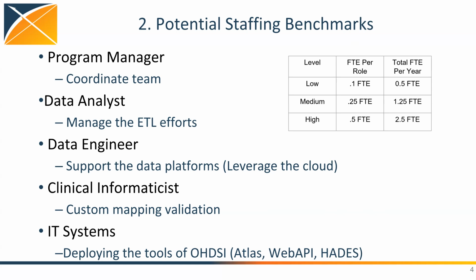as well as having IT system support to be able to deploy the tools that can really accelerate your ETL process, like Usagi, which can be used to do concept mapping across all the different vocabularies within Odyssey. Right now, Odyssey has over 154 vocabularies that it maps to, with over 6 million concepts. And so having text similarity searching across those semantic databases is really important to help you map